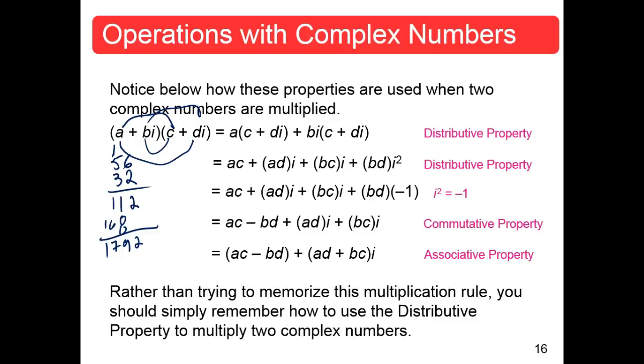These were imaginaries. This is real. Real times imaginary, real times imaginary. So these are imaginary. But this goes out real times real, and that becomes real. So then you bring this over here, AC minus BD for the real part, and then add these, AD plus BC times I, that's your imaginary part. So that's how you do your